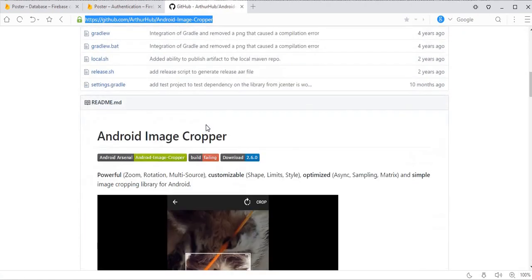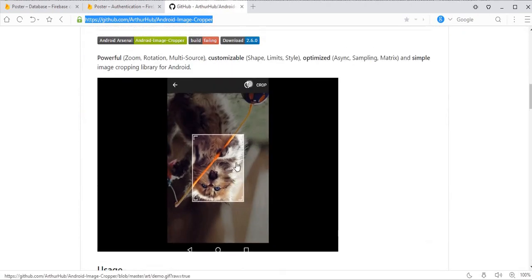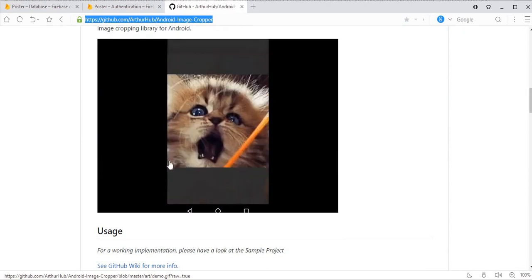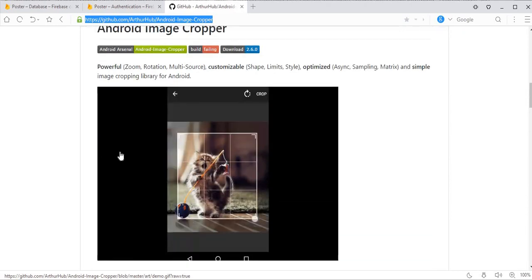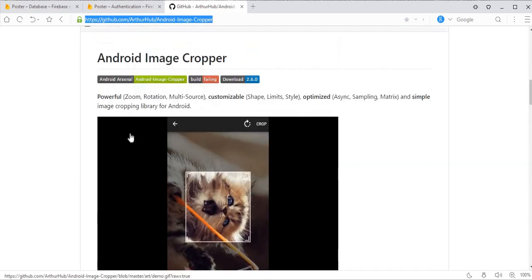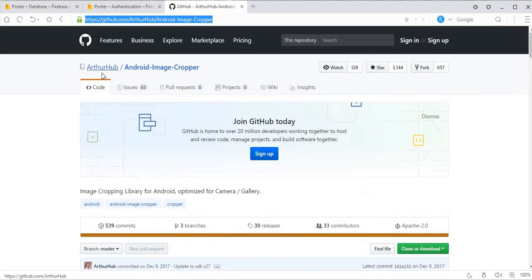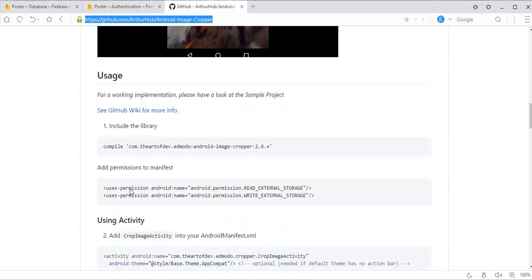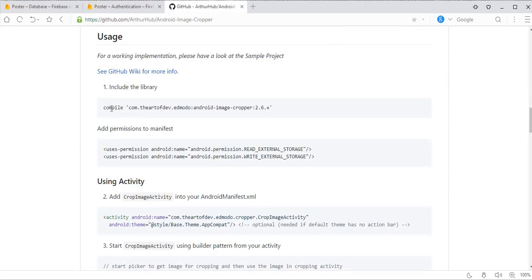If you come down here, you can see that it will work like that. It will crop the image and it can also flip the image. Once I implement it, you will see that this is really cool. It is developed by this person, Author Hub. So now, first of all, copy this library from here,